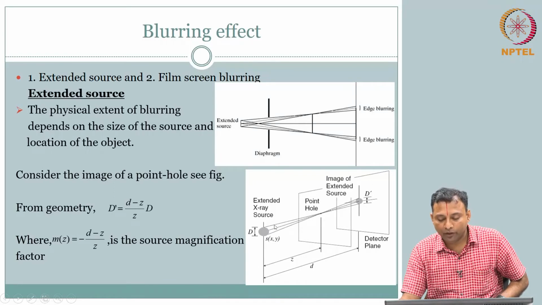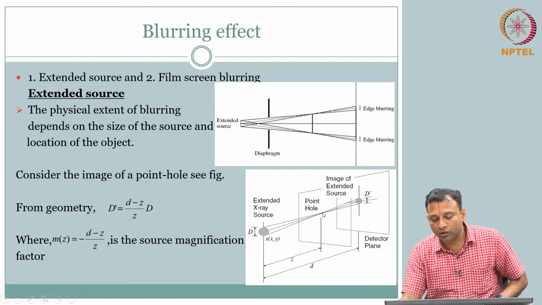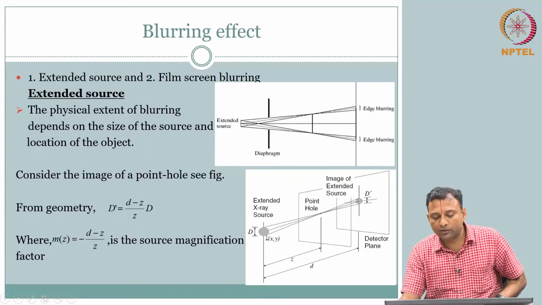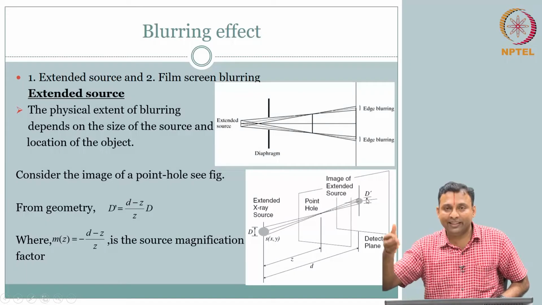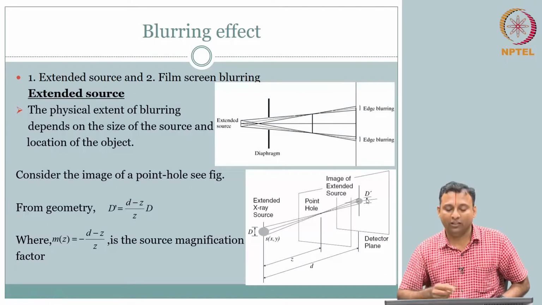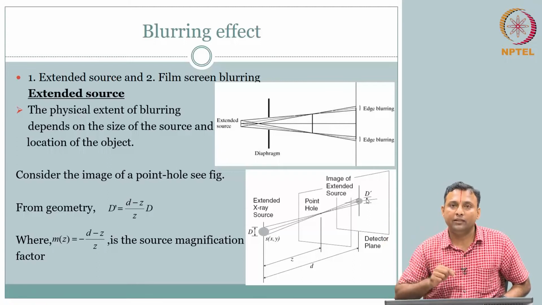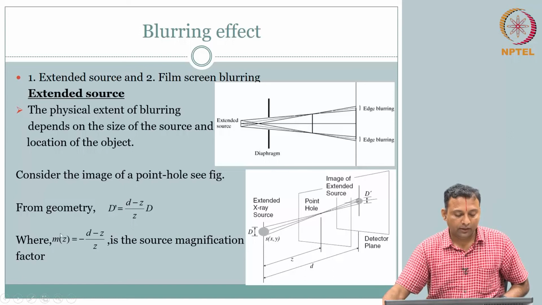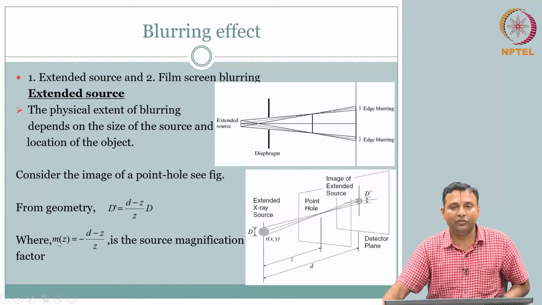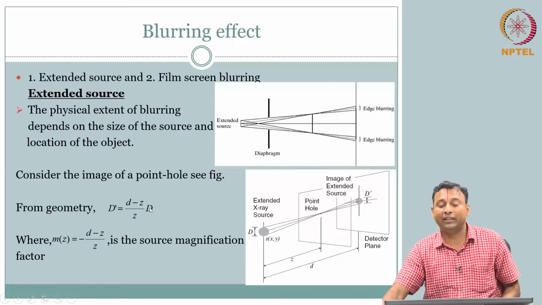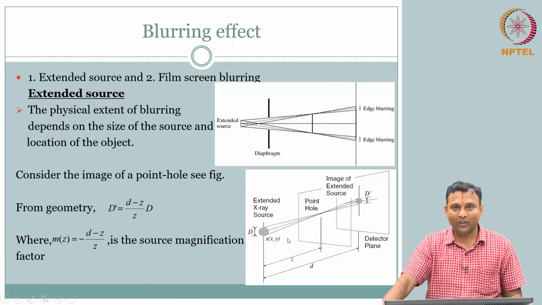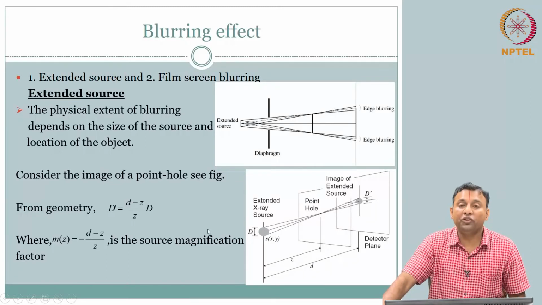physically mean? If I draw this, the top line, where did it go? It went to the bottom. Where did this line go? It is going to the top. So that means on the detector, this is an inverted image. The top has gone to the bottom and the bottom has gone to the top. So m of z is the magnification due to the source, but this negative essentially implies the magnification happens, but it's an inverted image that you are recording. Okay, so that is the effect due to your extended source.